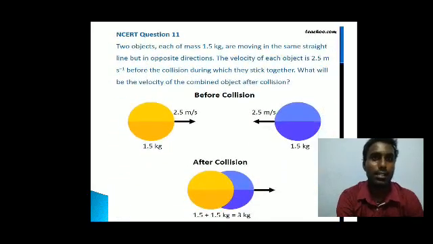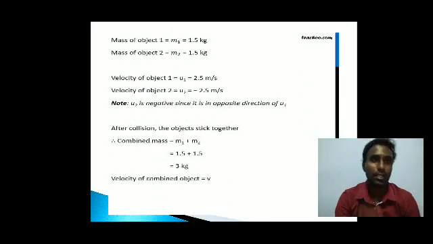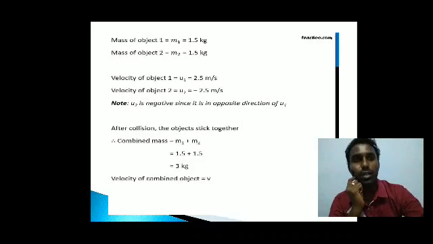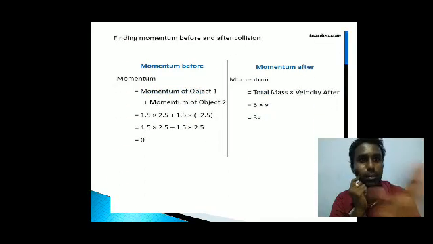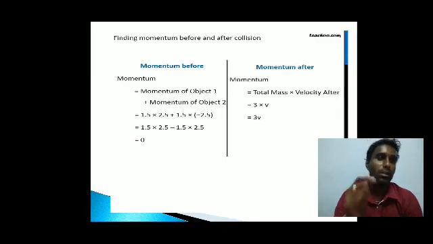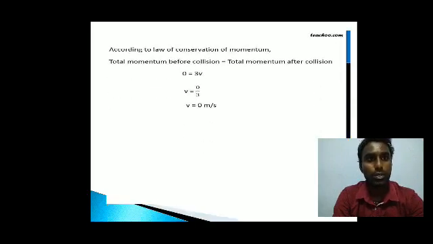See here, same way, one more problem I have given. Two objects' mass they given, velocity they given. Before collision, what is the momentum? Mass into velocity. And before collision, what is the second object's momentum? Add it. And after collision, what will happen? Just combined mass and you have to take the value. So m1, m2 they given, u1, u2 they given, combined mass m1 plus m2. So before collision, find the total momentum. See here, momentum before, momentum after. Momentum before, what will that be? Simply you have to multiply and add that value. Here also you have to multiply and add the value. So 3v equal to 0, equate it, v should be 0. Okay, so v should be 0 meter per second.